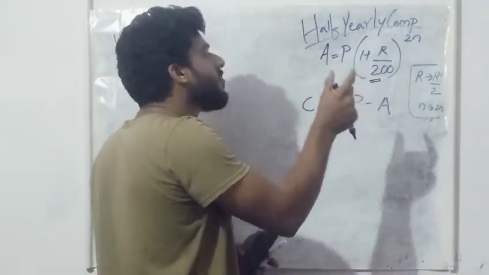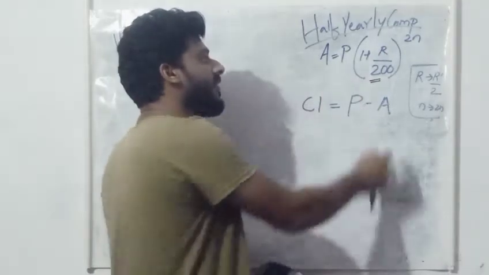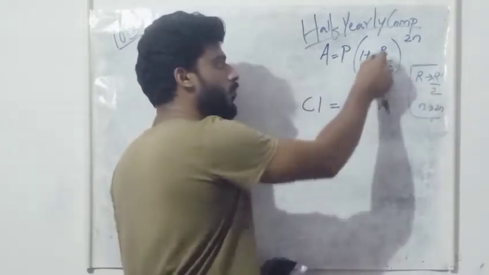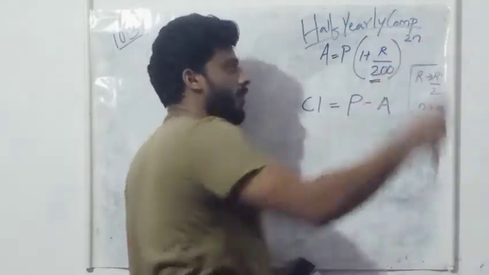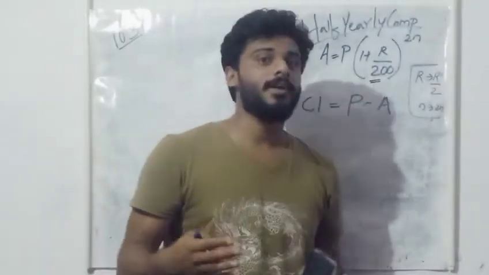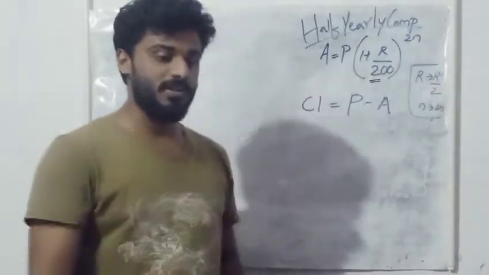What are the simple differences? There is only a slight difference: in the rate it will become r by 2, so the equation will have r by 200, and instead of n it will be 2n. It will be more clear when we are dealing with problems. So